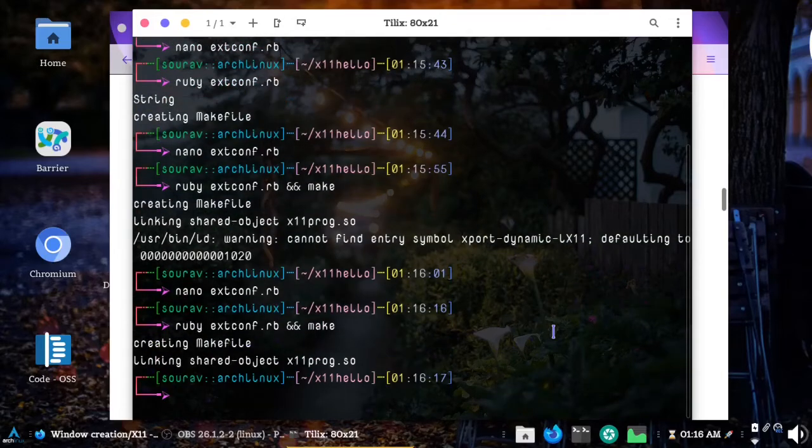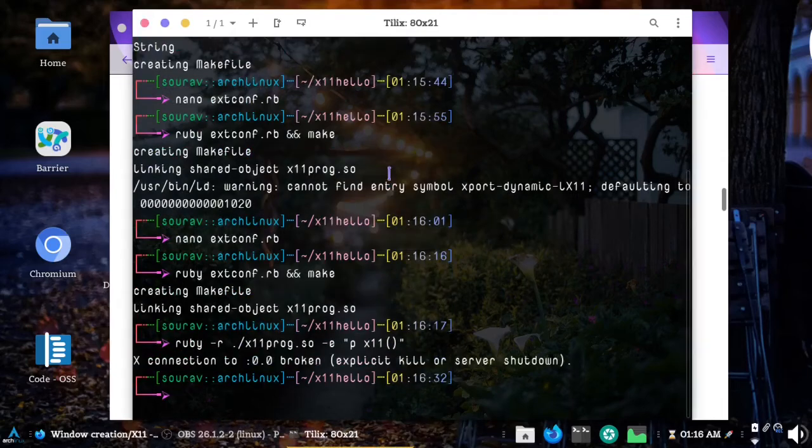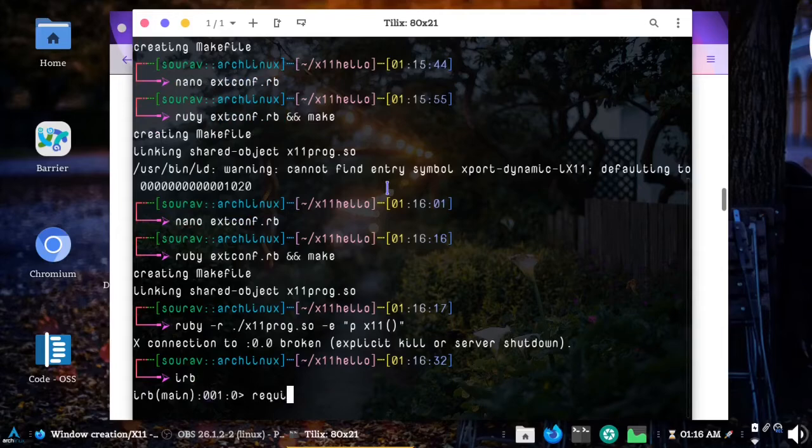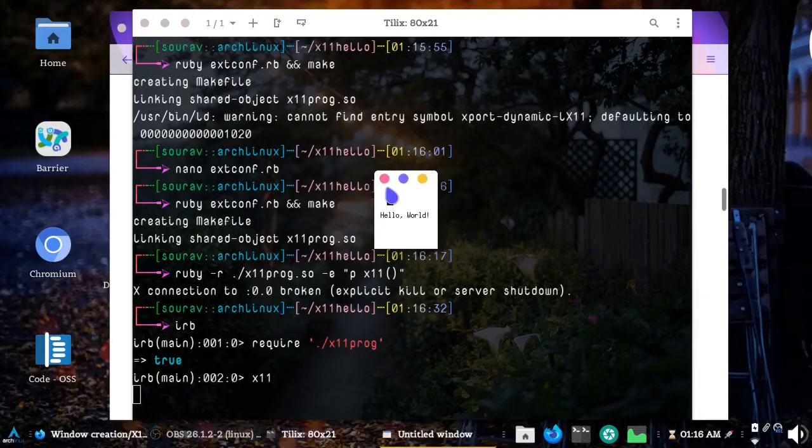Now, if I run this, I get creating Makefile, linking, whatever. And now if I again run our Ruby code, ruby -r ./x11prog, and as you can see, calling our function gives us the hello world window. Now let's open our IRB just for fun, and if I require x11prog, as you can see, we have true, and if I run the x11 function or method, we get the hello world